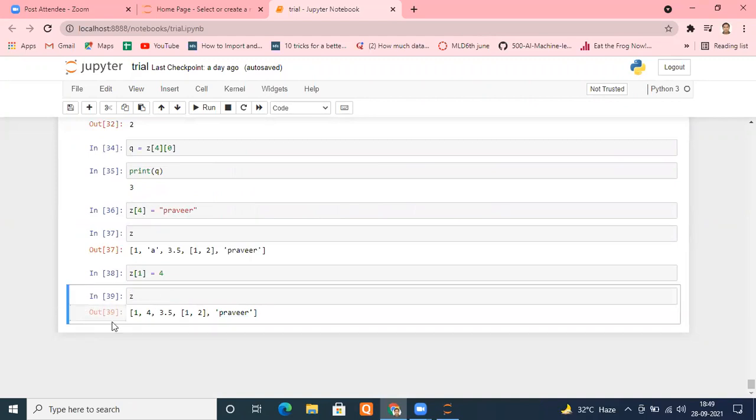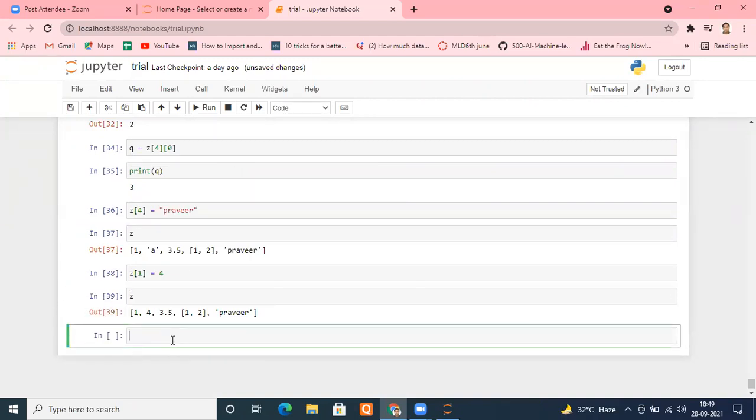Suppose somebody asks me first of all how strings are created. Strings are created with the help of quotes. Remember that, single or double or triple. Suppose I write a string, okay, this is a string because it is mentioned inside the quotes.